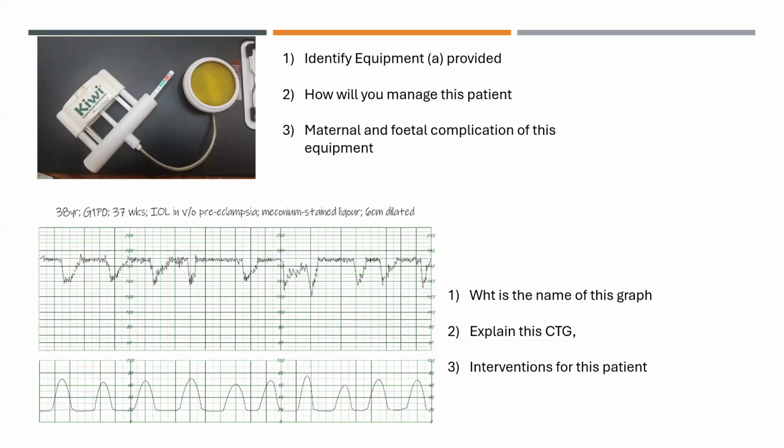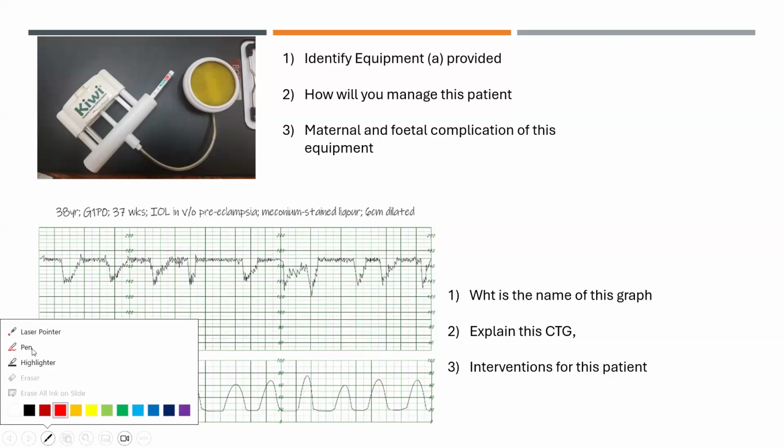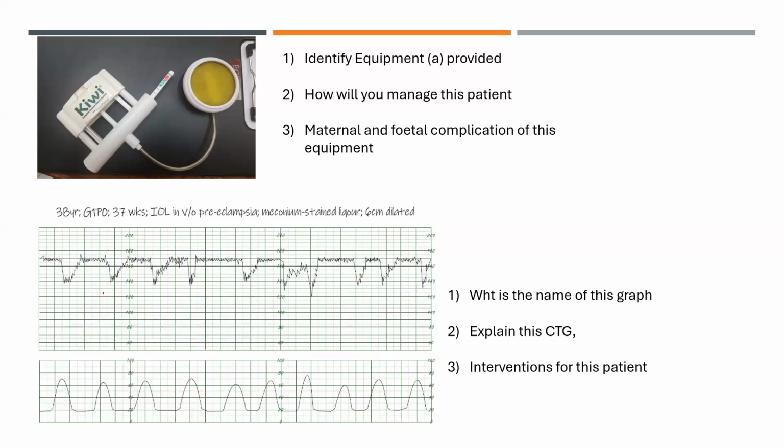If you have a ruler with you or a pen, just put it on the screen and see with each contraction and with each deceleration, are they matching? Are they late? Are they early? Are they variable? In most cases, yes, they are late. If you put a line through, you will see, let me use my pointer just a second. If you draw a line, sorry, it's not straight, but in most cases they are.